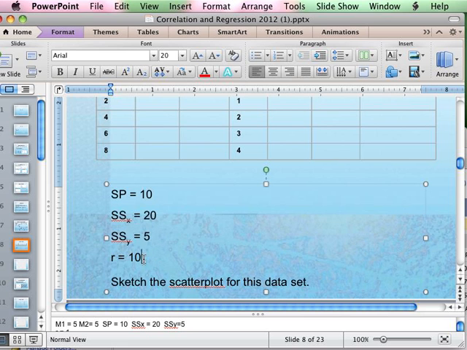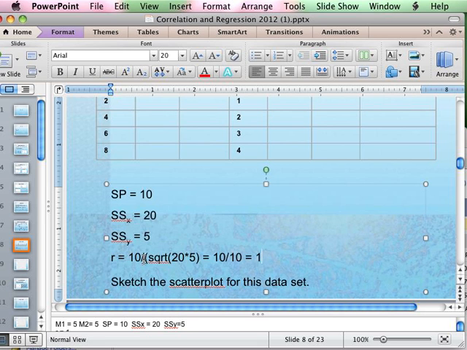So my R is going to be my sum of products or cross products divided by the square root of my sum of squares x times my sum of squares y. So that is going to be 10 divided by the square root of 20 times 5